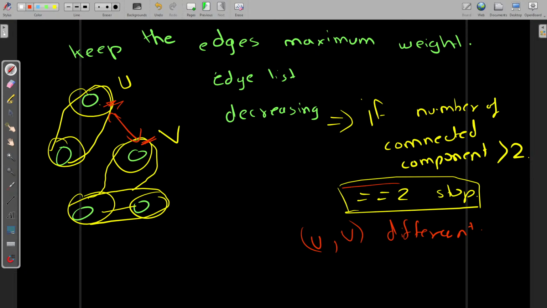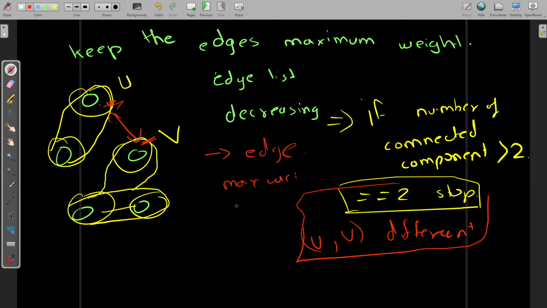So at this condition I will have to stop, but until then I will just keep on selecting an edge and adding it. Select an edge with maximum weight, add it to the graph, and continue until the number of connected components is 2 and both u and v are in different components. If I add that particular edge, then the number of components will decrease down to 1. So using this strategy, we can